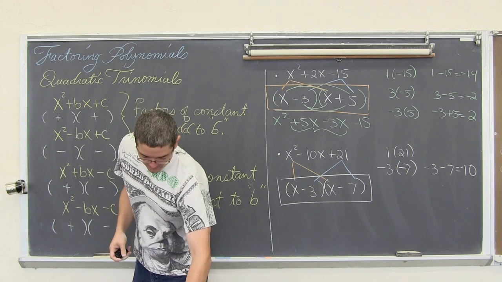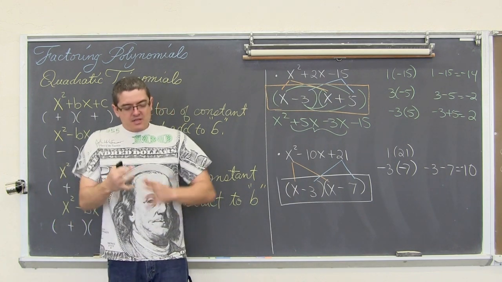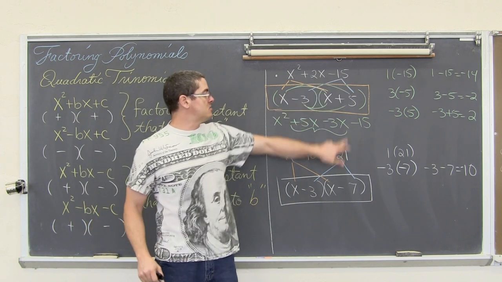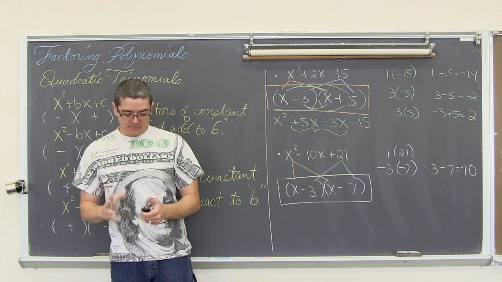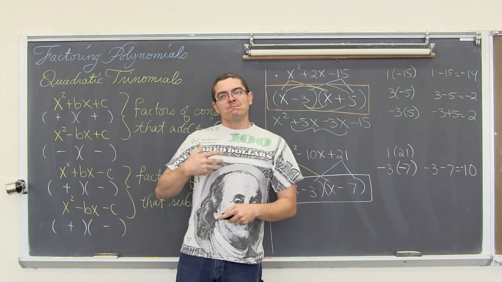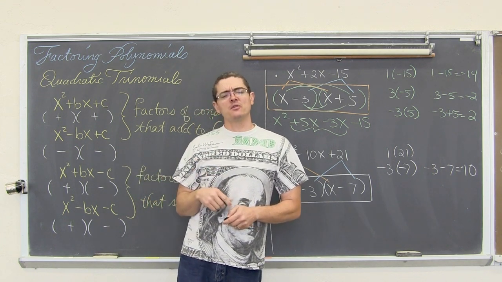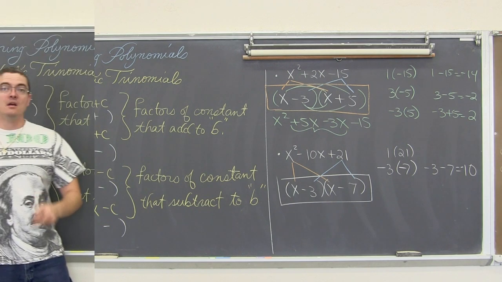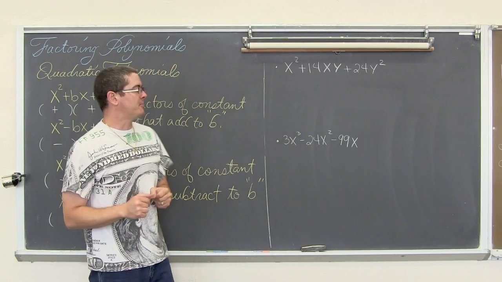Now, I've got 3 more examples. They start to get trickier. I've got 2 examples where my last term is not just a constant. And then I've got another one where we have higher degrees. We're going to do a 4th degree and see what happens with that. Keep on watching. For our next 2 examples, we're getting a little bit more complicated.